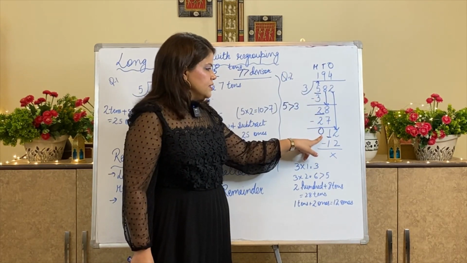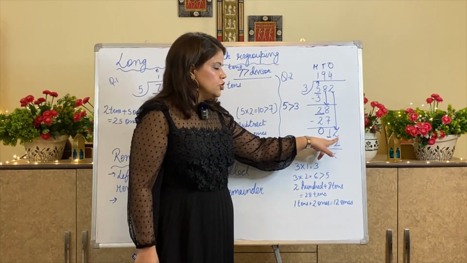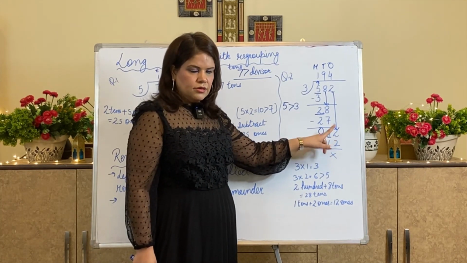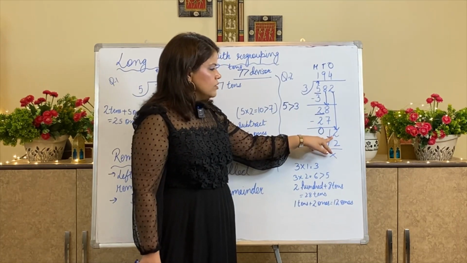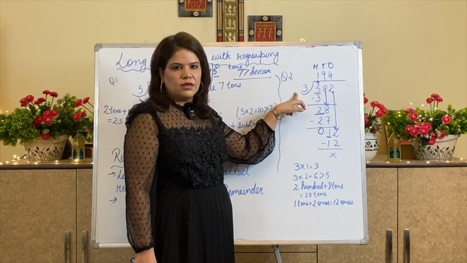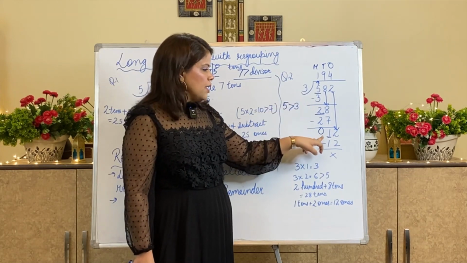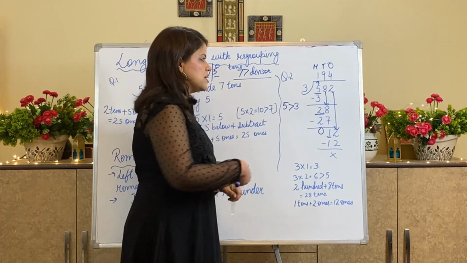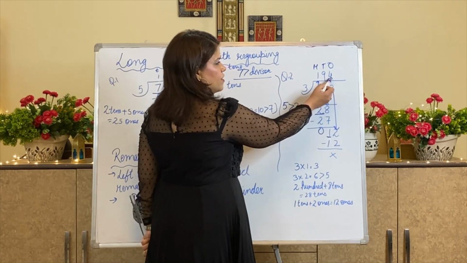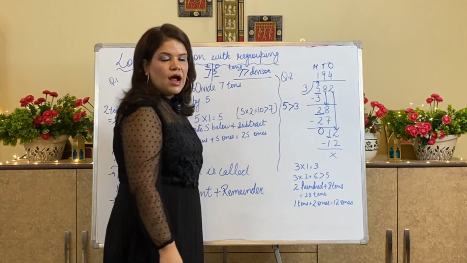Now here I am getting 1 tens and 2 ones. 1 tens, 2 ones will become 12 ones. So now this 12 has to be checked with 3. This has become my new number. So I know 3 4s are 12. Since I have taken 2 down, I will write 4 above it at the ones place.